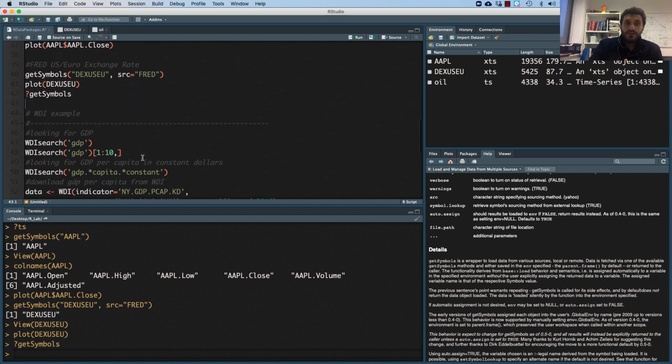The third example I want to show you is the World Development Indicators database, which is maintained by the World Bank, and it's a huge database again, with different economic indicators. Sometimes you could go online in the World Bank database, the WDI database, and get the code for the series you want to download. Or there's actually a nice function here which you can use, called